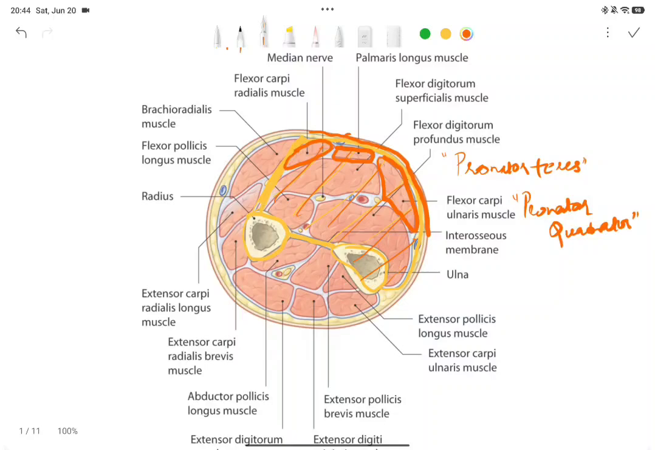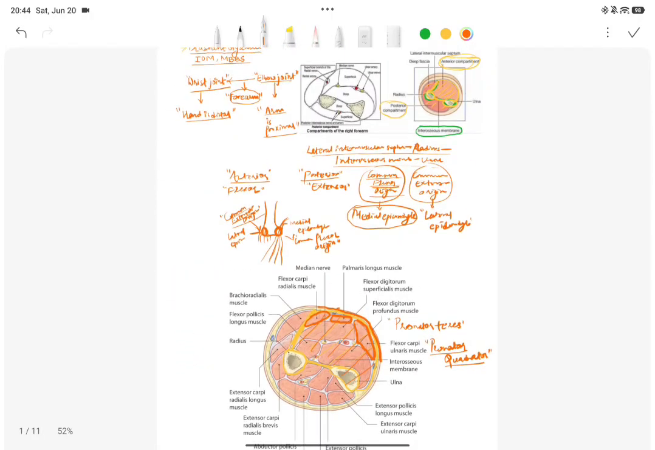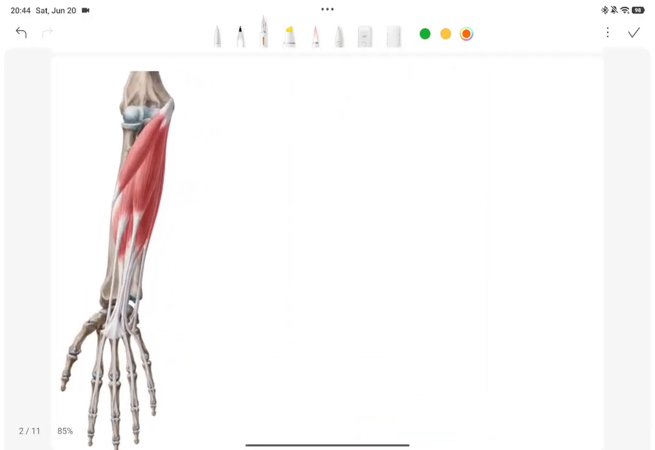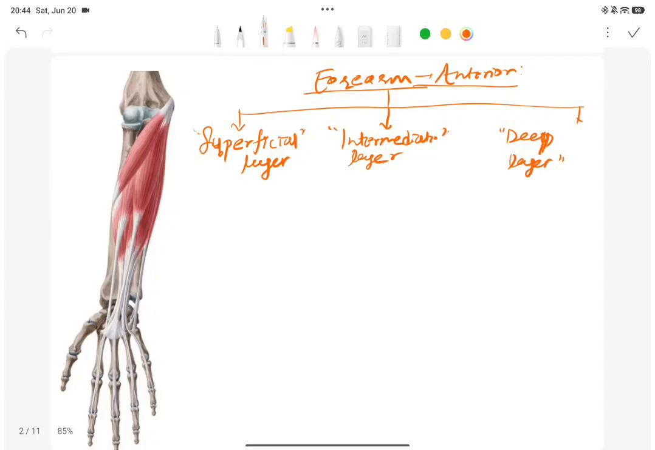which is located in the deep layer of the anterior compartment of the forearm. सो यसरी डिभाइड गर्दाखेरि, the forearm can be divided into three layers. We are studying the anatomy of the forearm, and the anterior compartment of the forearm can be divided into three layers. There is one superficial layer, superficial भनेको स्किनतिर नजिक भएको, there is the intermediate layer, and there is the deep layer. यसरी तीनटा लेयरमा डिभाइड गर्न सक्यो: superficial layer, intermediate layer र deep layer।